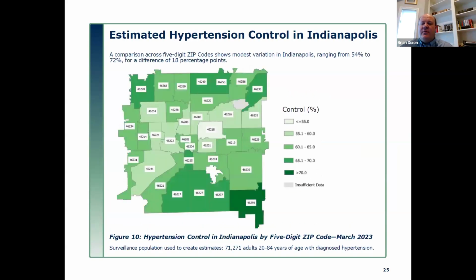Similarly, in addition to just prevalence, we're also looking at hypertension control, because that's different. There may be a section of the community that has high prevalence, but if they're engaged in clinical care and they're getting managed for that disease, then that may be a part of the community that may not need as much attention from public health as, say, a section of the county where there might be moderate prevalence but very limited control of the disease, and that would be an opportunity for secondary prevention activities.